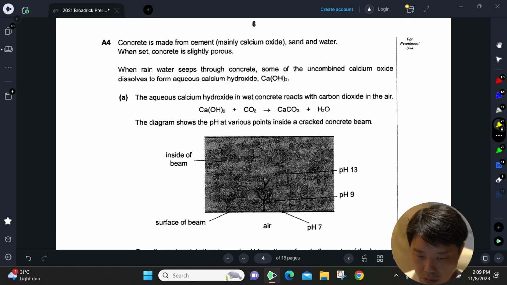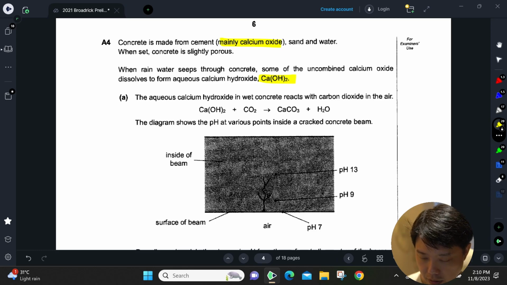Right, guys, so let's look at question 4. This is another question about concrete, which is mainly made out of calcium oxide. Calcium oxide, as we know, is a base. When it dissolves in water, it forms calcium hydroxide, which is also a diacidic base, meaning that it reacts with 2 moles of